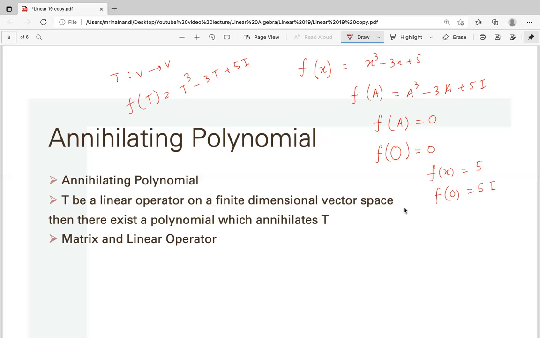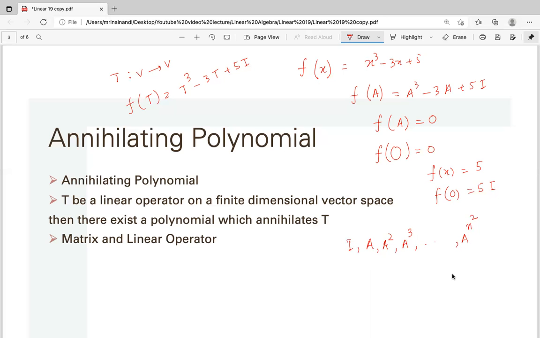then there is a polynomial which annihilates A. Now this seems like it would be the Cayley-Hamilton theorem, but we can easily prove that without the Cayley-Hamilton theorem also. That is very easy. So if T is a, or you can take it as A, okay, you choose A. So take the matrix A, then take A square, then A cube, starting from I,